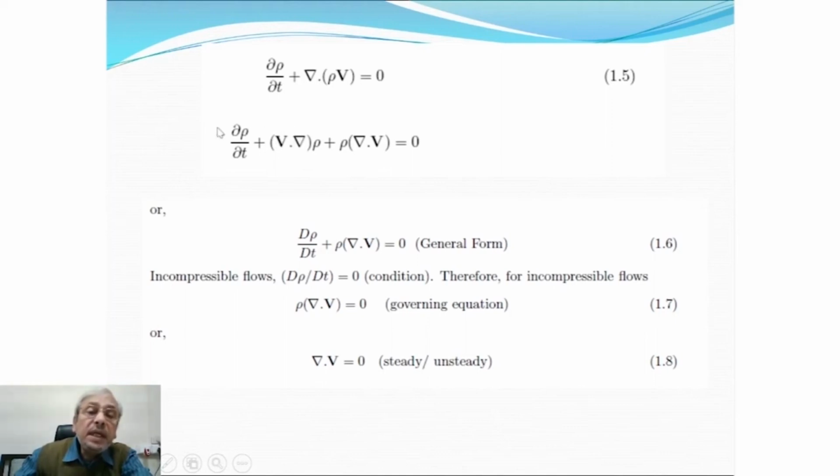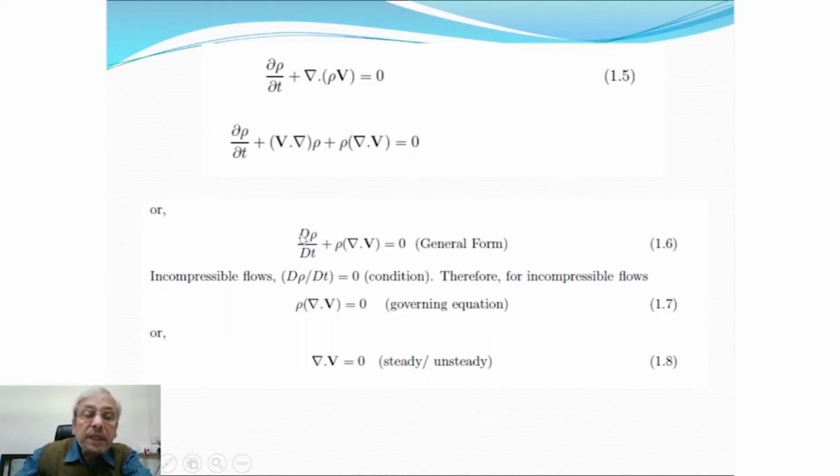Then basically this is the convective derivative of ρ, this is temporal derivative of ρ, so this is total derivative of ρ plus ρ divergence of v equal to 0. This is general form of continuity equation, mass conservation equation, without invoking steady or unsteady situation or compressible or incompressible flow situation. Now for incompressible flows,